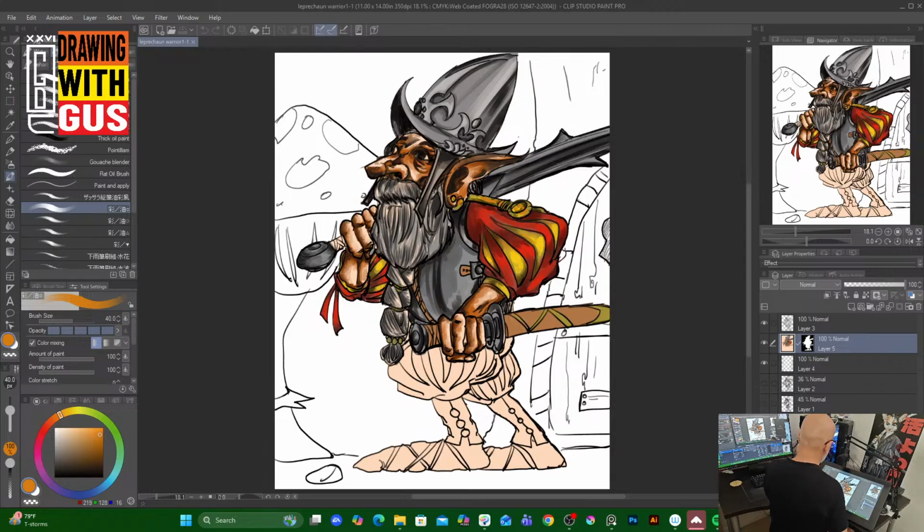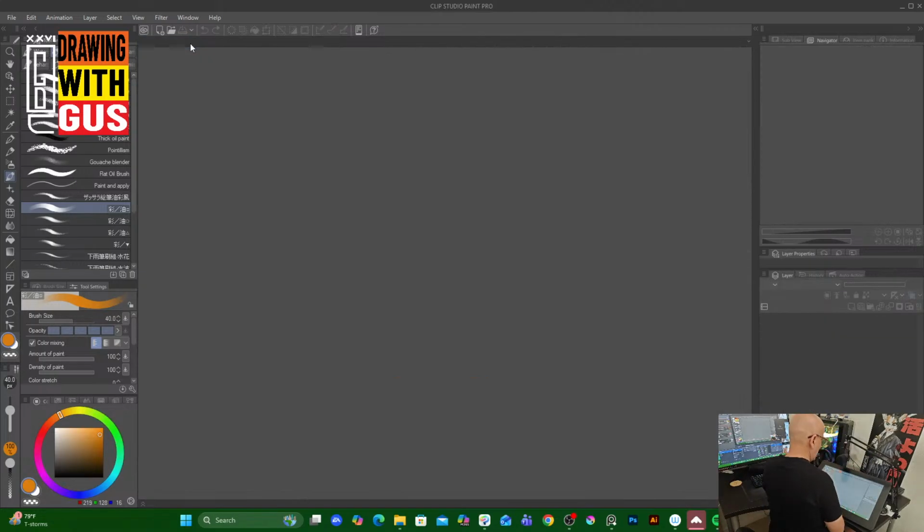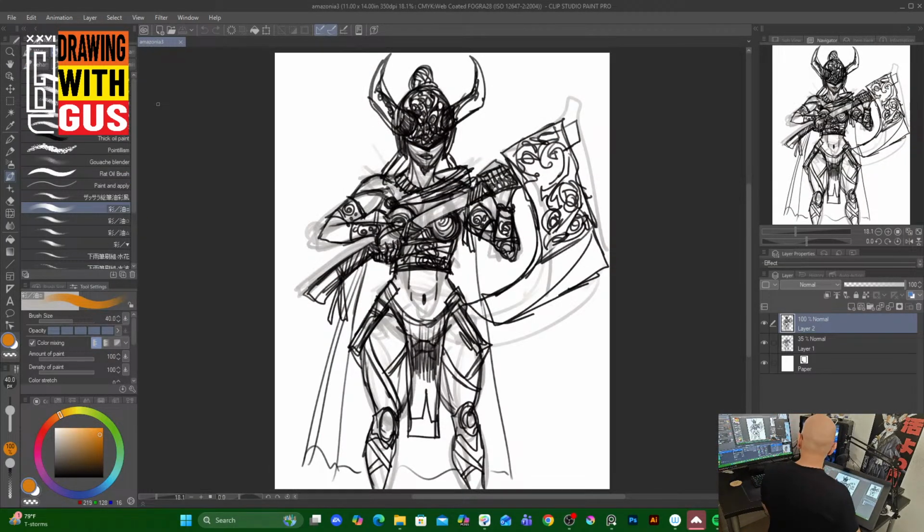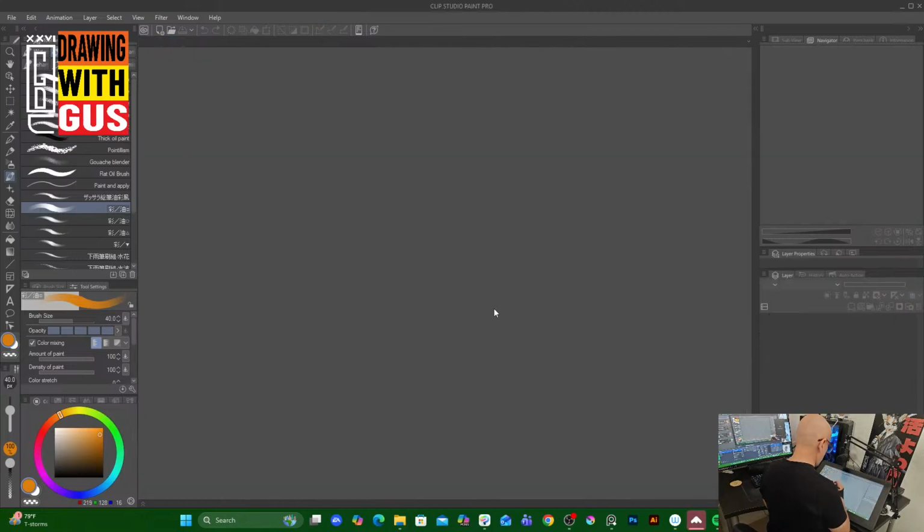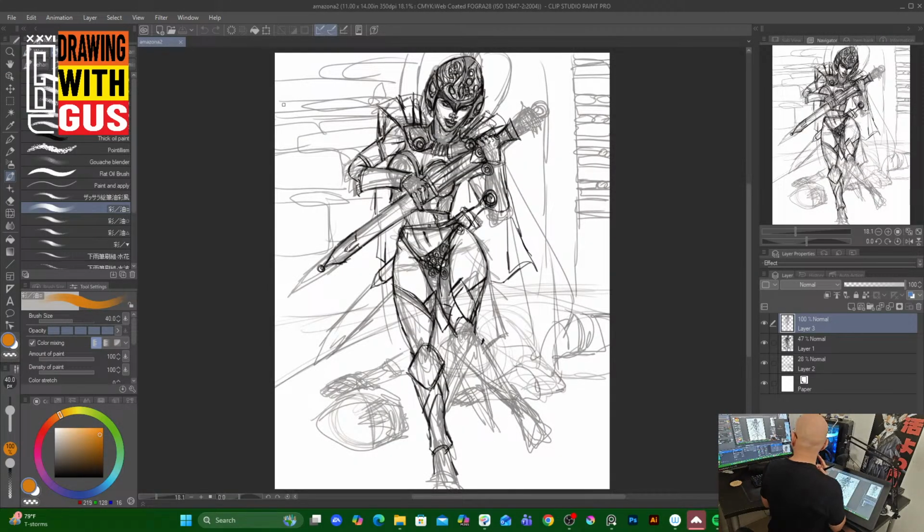This is the one that I was doing last time, my leprechaun. But let me show you some things that I have since the last time. I was doing this kind of Amazon, a sketch. And I also have this other sketch, so you can see how we can do things. This other sketch is about a character, but I don't like it much. The pose looks